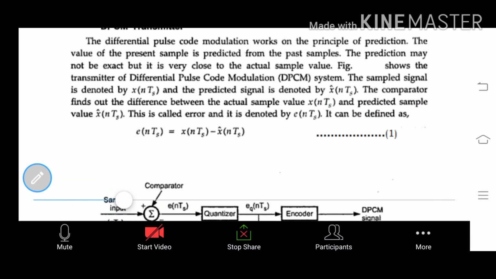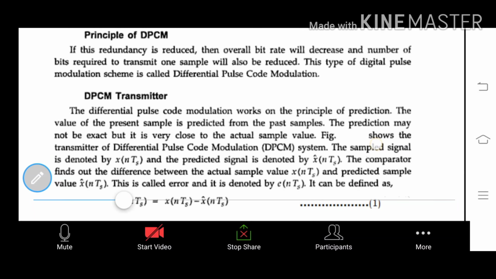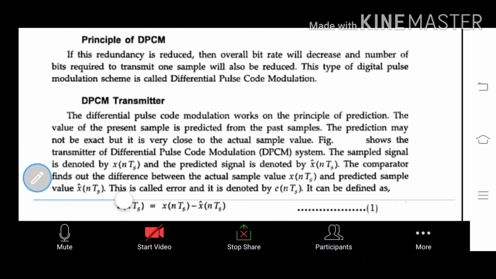And we will also continue with the principles of DPCM. The principle of DPCM is how to reduce the sample signal and how to define the pulse modulation signal. Generally we use it to convert between pulse code modulation and pulse code demodulation signals. Differential pulse code modulation is simply used to reduce the input signals. Here, using DPCM modulation, the differential pulse code modulation transmitter transmits the signal.